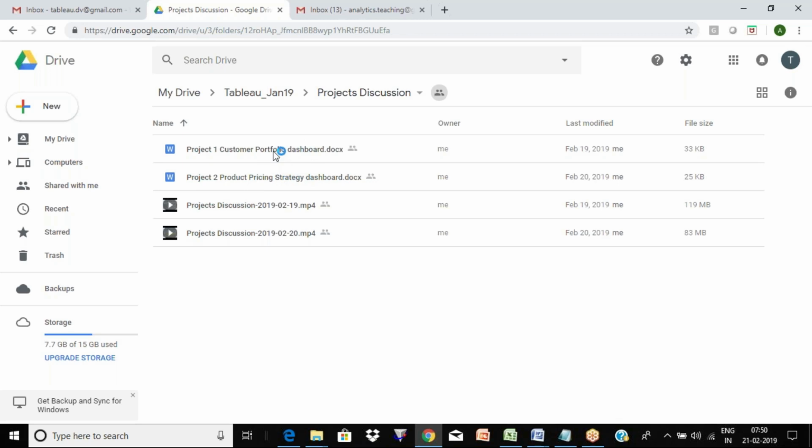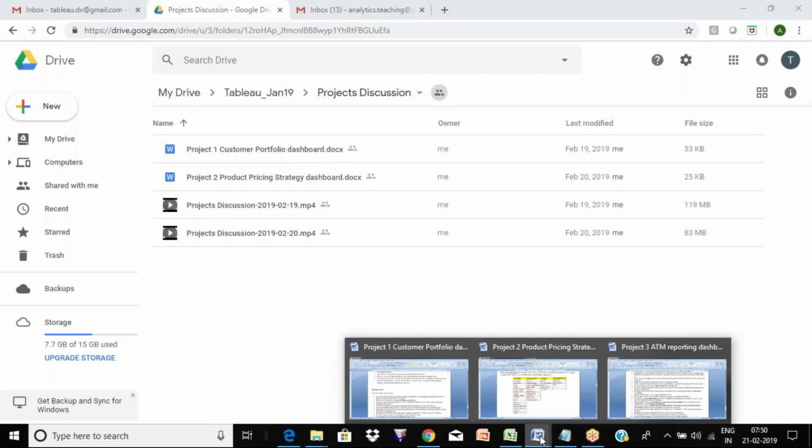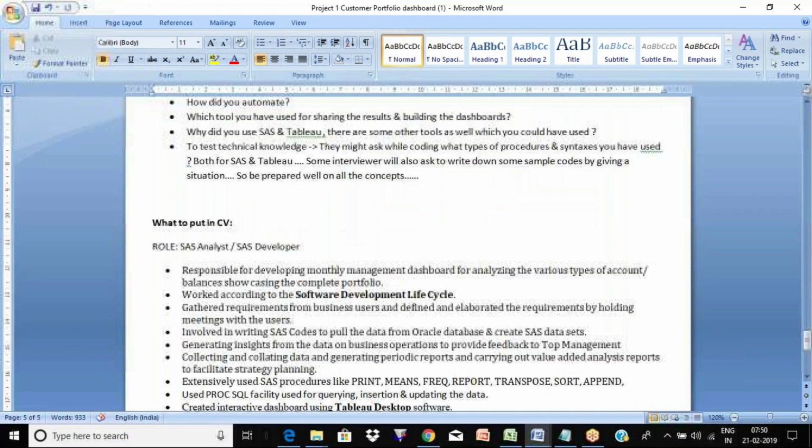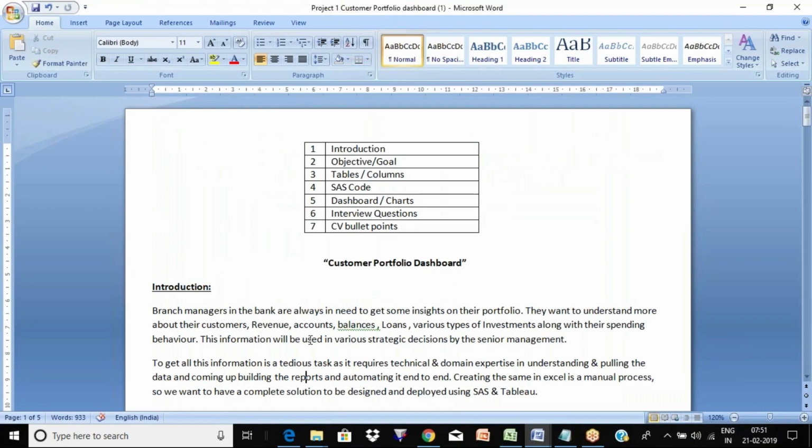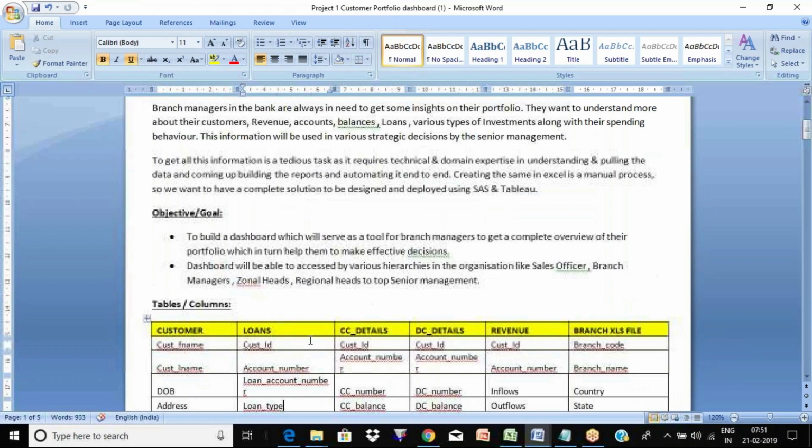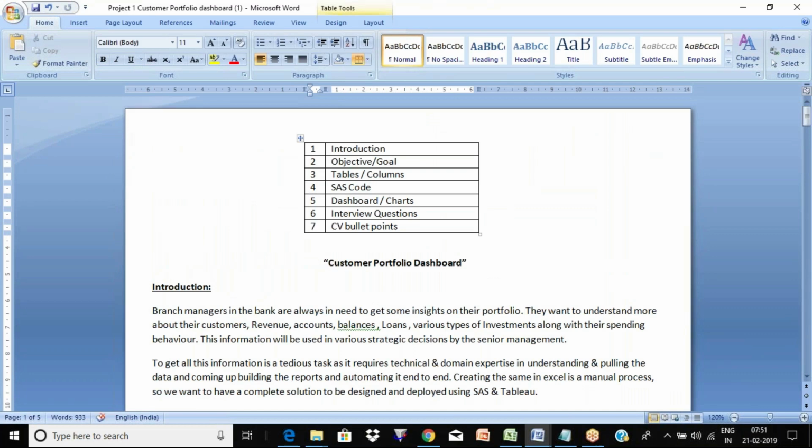But before that, understand these projects thoroughly and prepare. Take down a paper and note down what are the things you will talk about. You have all this information. It took a lot of time for me to create all these things, but I hope it is helping you. Go through it thoroughly. Read this document two to three times, then you will remember what are the things you can talk about.